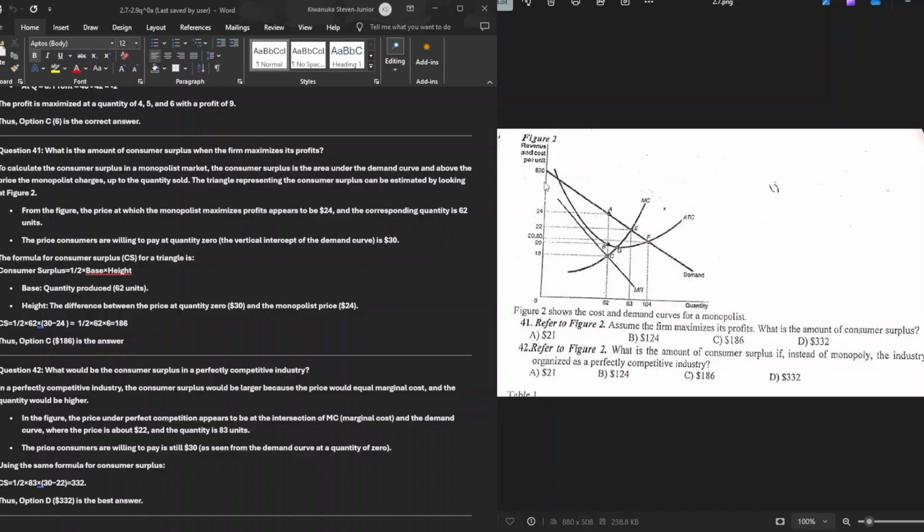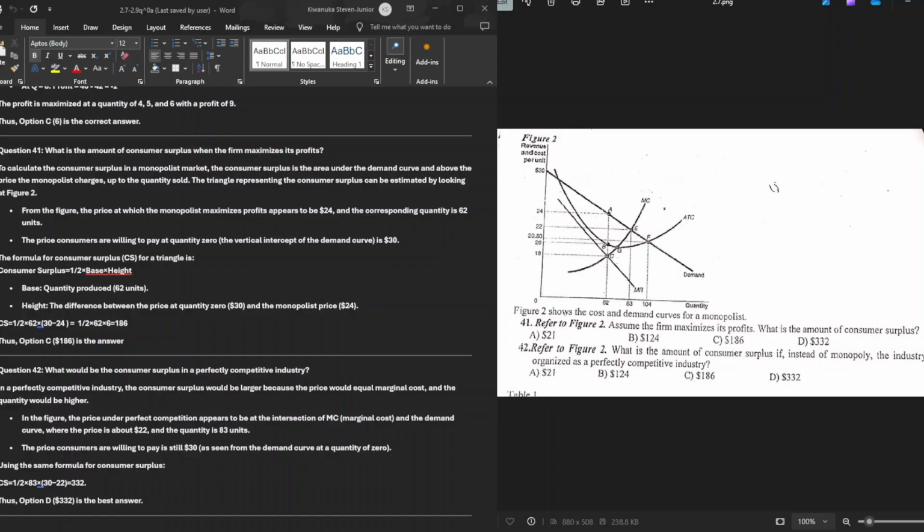to this point. However, the consumer is still willing to pay 30 because this is at zero demand. You see there the 30. And this is the explanation here. In the figure, the price under perfect competition is the intersection of marginal cost and the demand curve, where the price is 22 and the quantity demanded is 83. I think you see this 22 corresponds to 83. The price consumers are willing to pay, however, is still 30 because that is where we have quantity equal to